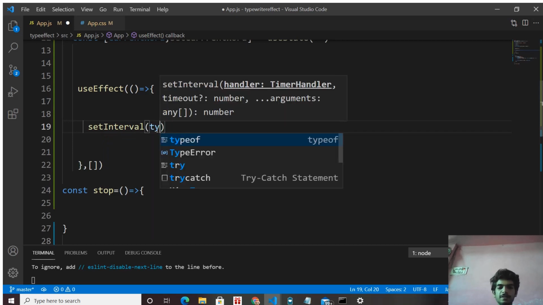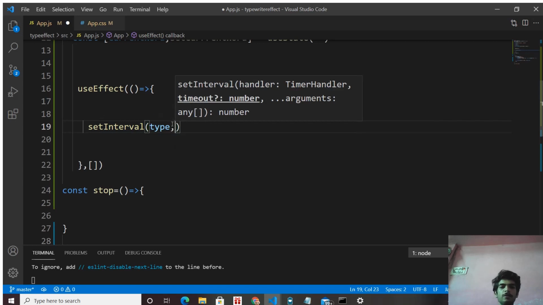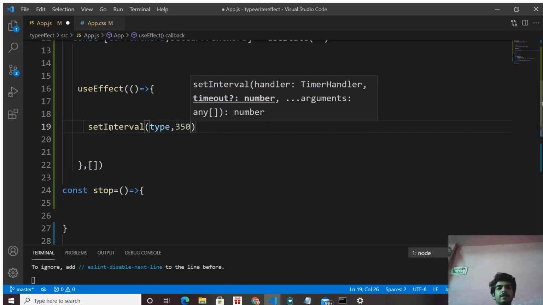Right now we are calling our setInterval function, and this setInterval function accepts two arguments. The first is the function which setInterval is going to call, and the other argument is the time, at how many milliseconds it is going to call that function. 350 milliseconds. Okay, so setInterval is going to execute our type function, which we are going to define, at an interval of 350 milliseconds. So after each 350 milliseconds, this function is going to run. Okay,